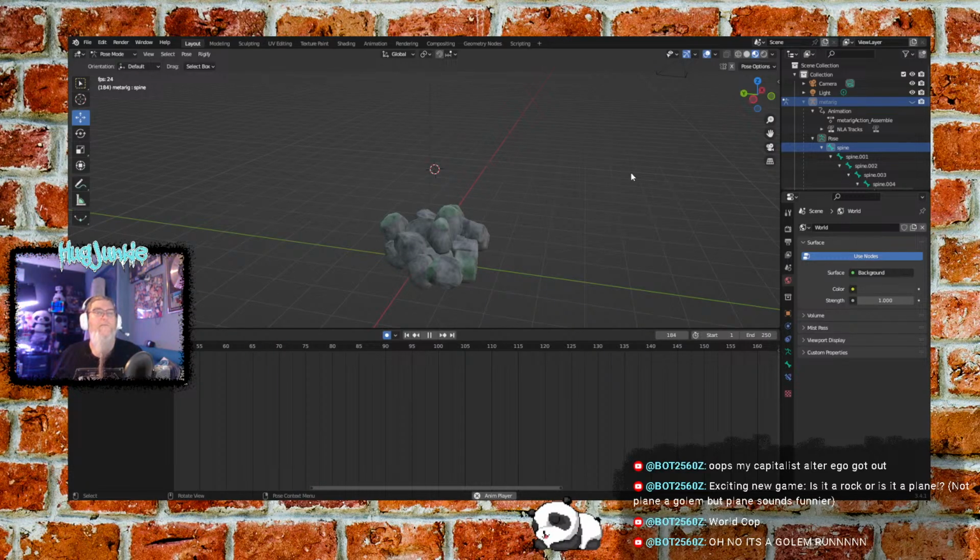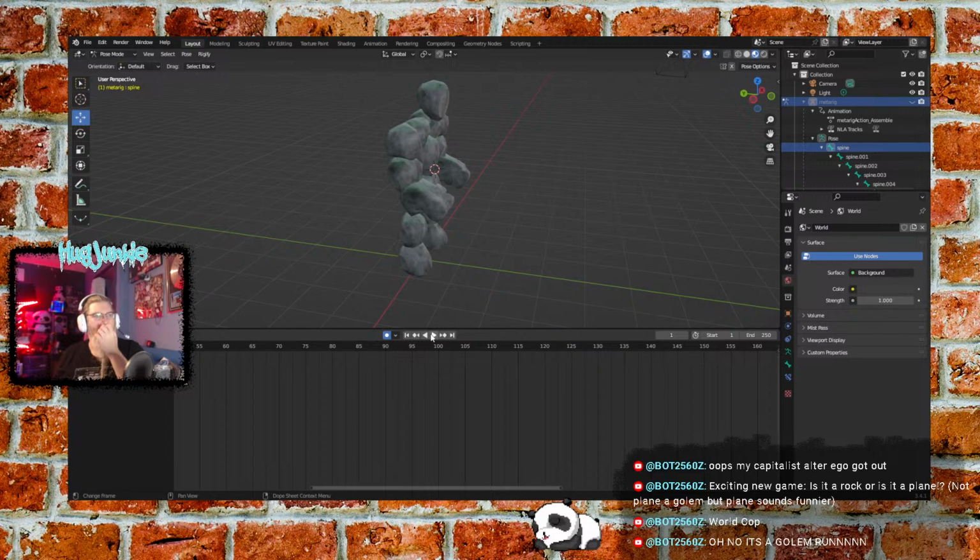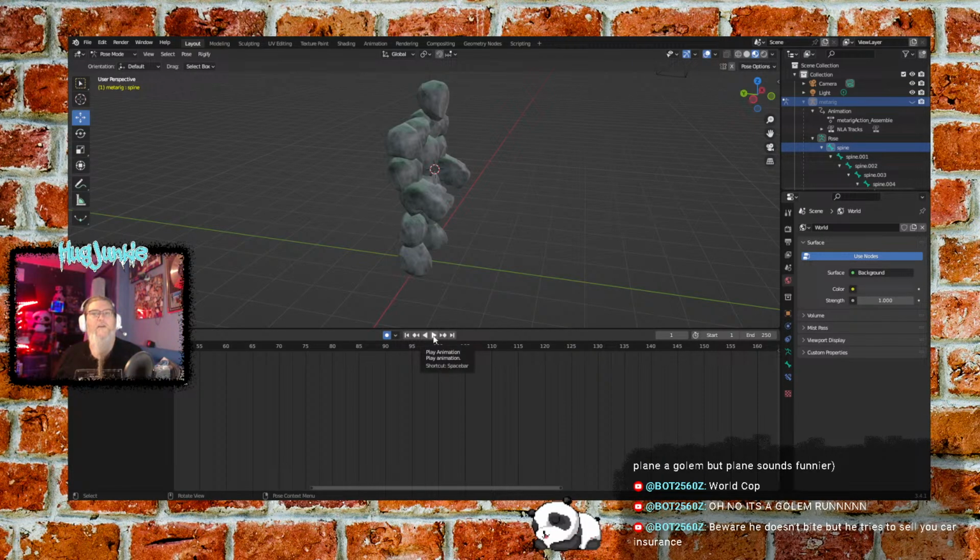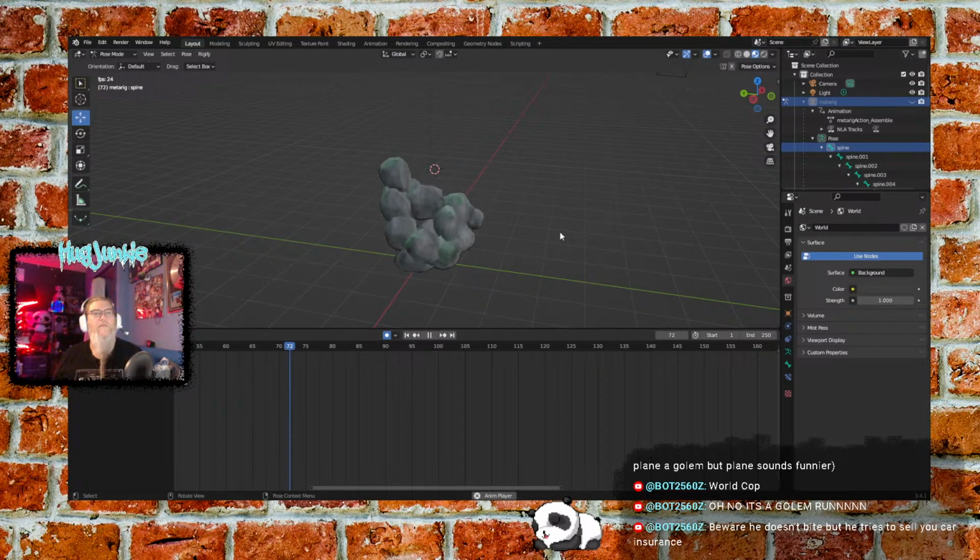Cool, I'm happy with that. So we play it back. Well, it's been playing backwards. So if the golem goes back into idle state, it just kind of collapses. Maybe the collapse animation needs to run slightly faster,